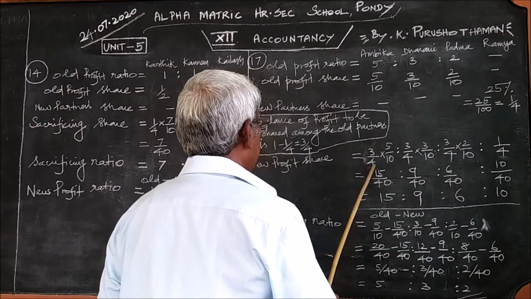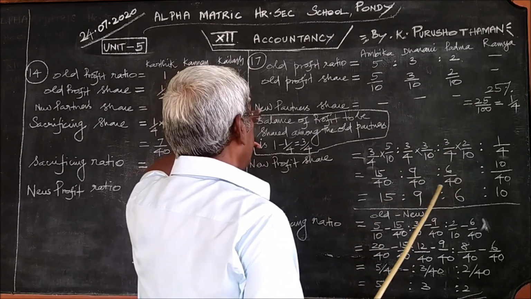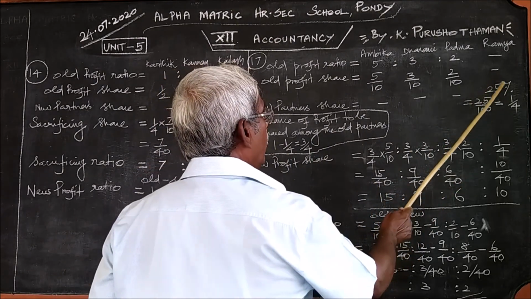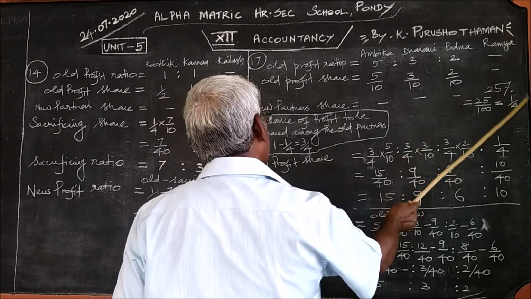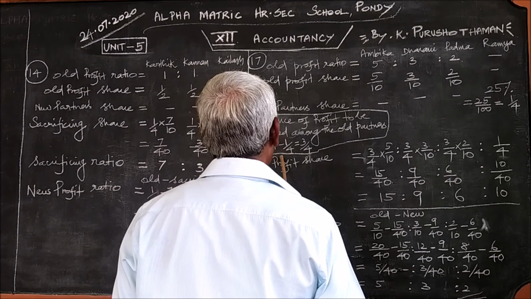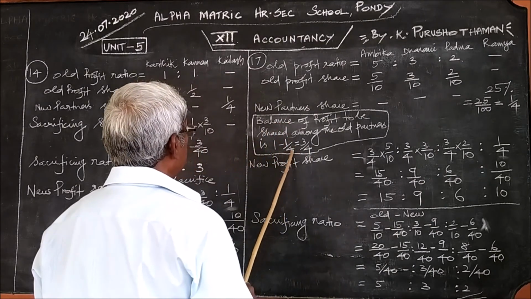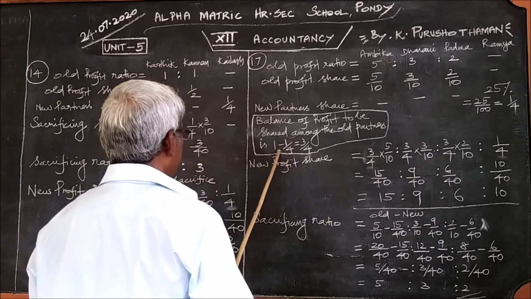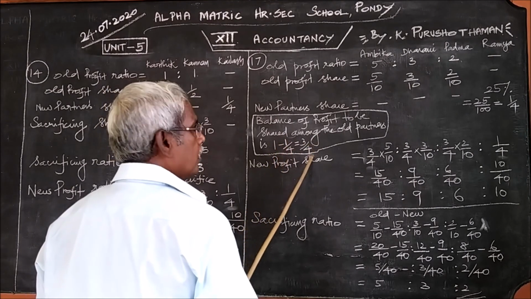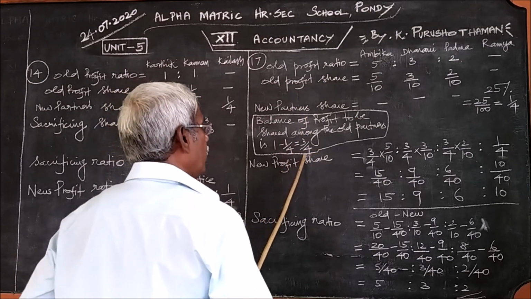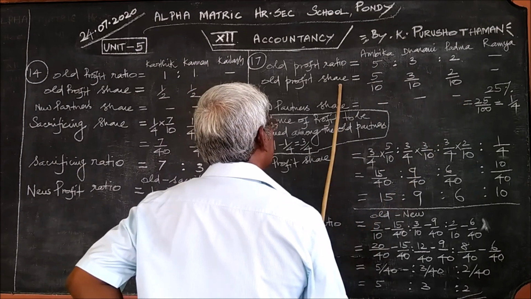See, 3/4 is left because from one total profit you can take as 1, out of 1 full profit, 1 by 4 is given to the new partner, and the remaining balance profit is 3 by 4, 1 minus 1 by 4. Just like cross multiplication, 4 into 1, 4, 4 minus 1, 3, 3 by 4. So this 3 by 4 is divided among the old partners